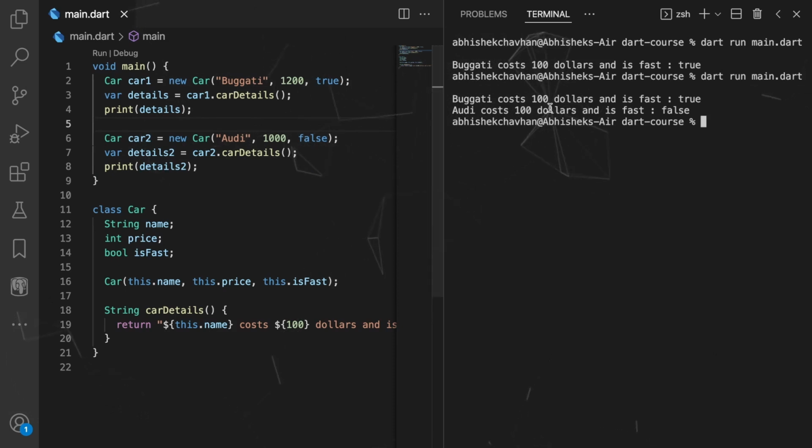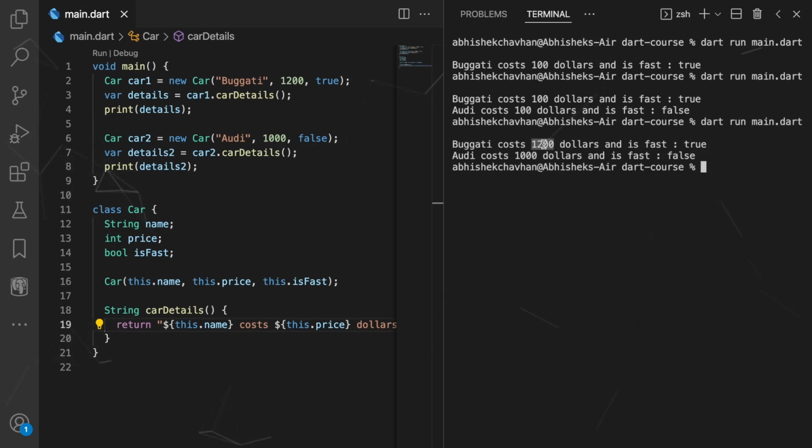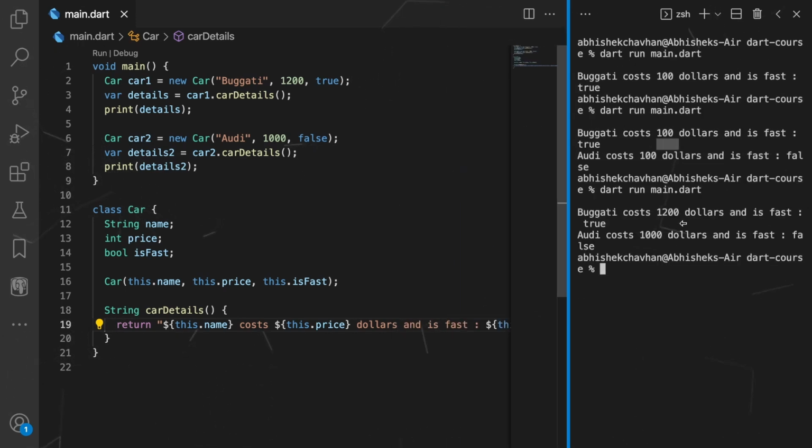Right, so let's say it is 1000 here. Right now we have only filled it to be 100, but this should be price. So let's say this dot price, and if I run it out, it will also interpret its prices. So this is how things will be going on whenever you will be declaring your classes, that is you